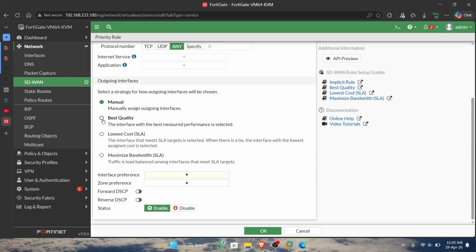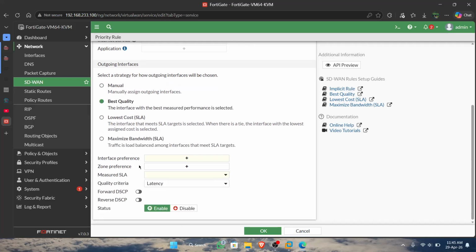If you want to use best quality, lowest cost, or maximum bandwidth, you must have an SLA.